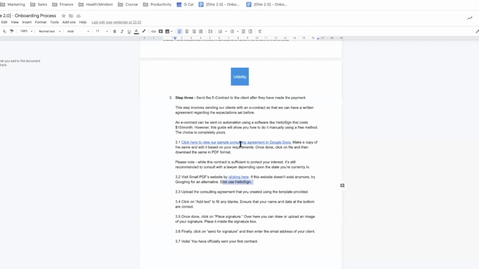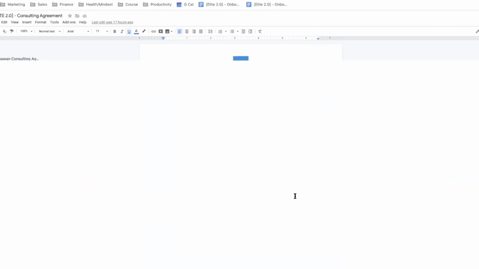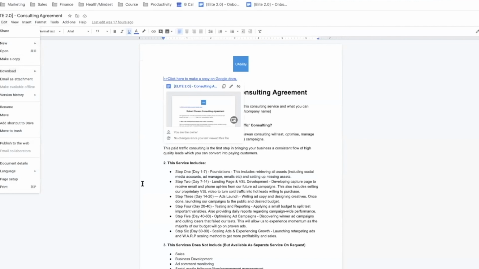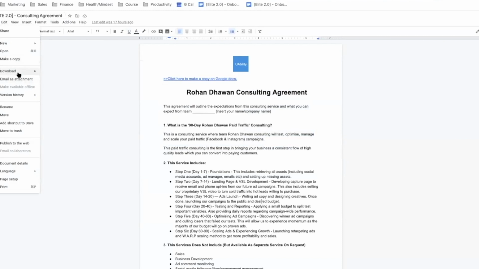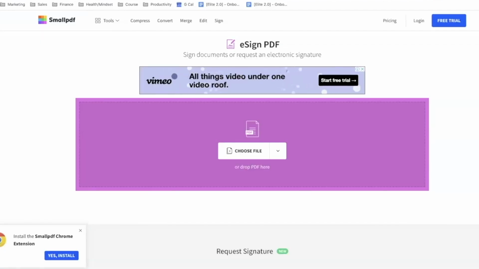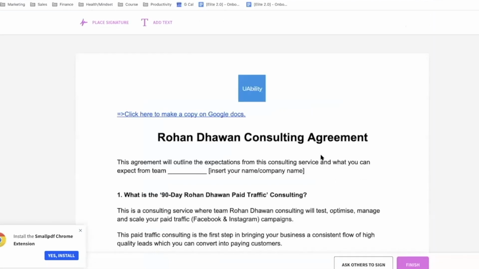Now, I'm just going to go to the document that we have and download a PDF, because now we have to upload the agreement template to this particular software. So I'll just go over here, click on File. Again, make sure you edit this and remove this when you're sending this out to your clients. Download PDF document. And then go over here, get this, drag it over here. And as you can see,